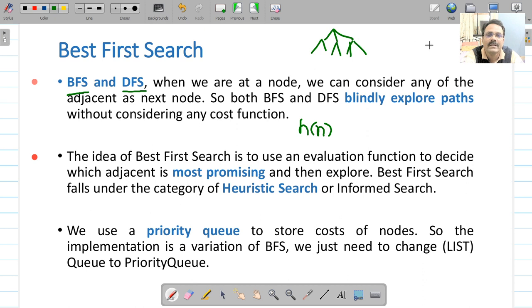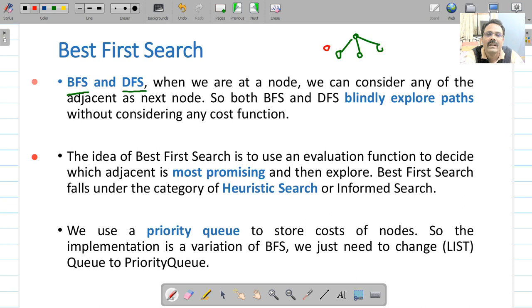If it's a minimization problem, and suppose our search tree is like this, and cost estimates are given along with these nodes.